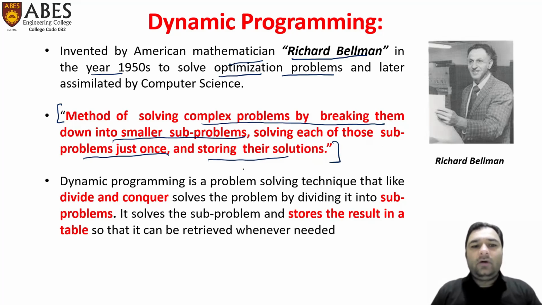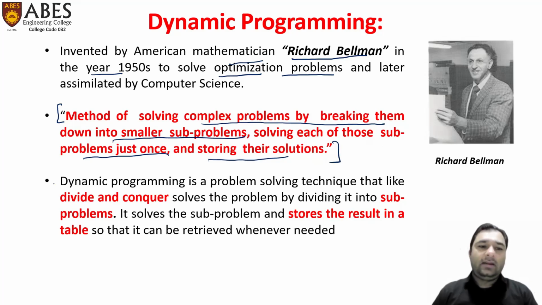Solving the subproblem once, that data was stored in a table, and whenever it is required, it can be retrieved from there. Now, if we take the outcome of this discussion, the basic difference between divide and conquer and dynamic programming is that in divide and conquer, we follow the same approach, but we solve the same subproblem multiple times. But in dynamic programming, we solve the same subproblem only once and store the result in a table and retrieve it